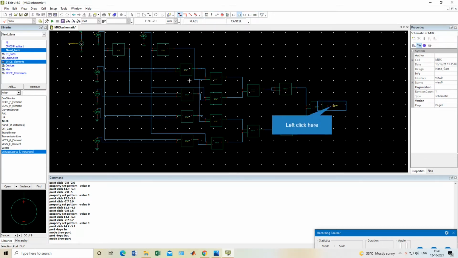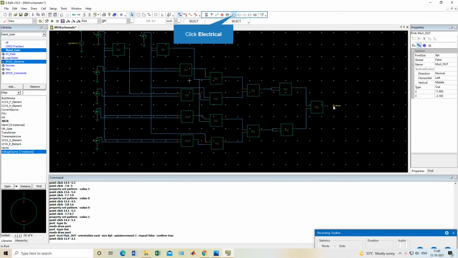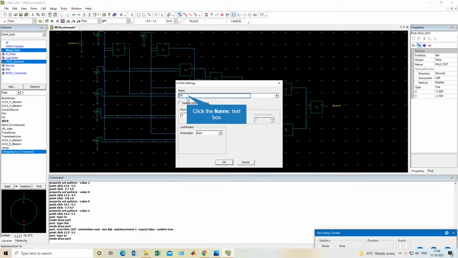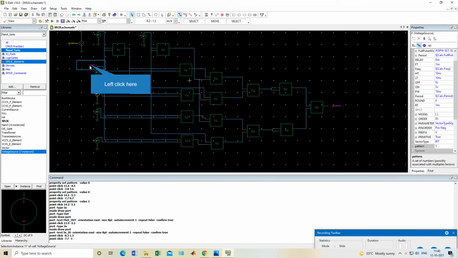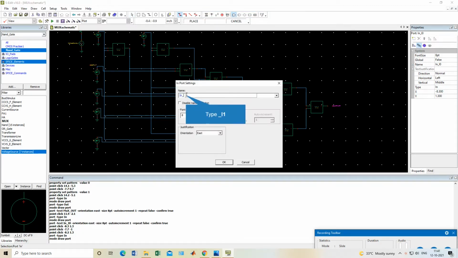Sorry, I will connect one output from here, the output port. Okay, and I will name it mux_out. Okay, one output port will be there, and input ports should be there. In underscore I0, I will give the first one, then the second one in underscore I1.